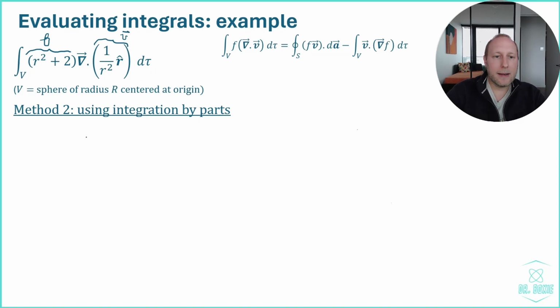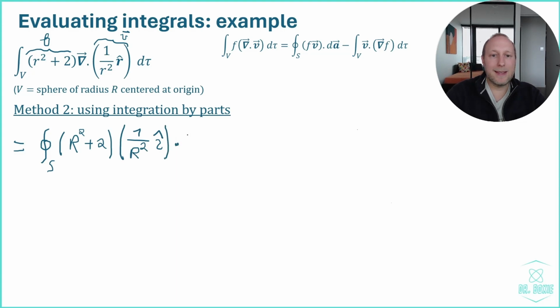And so if we apply this formula we found for integration by parts, we find here the surface integral over the surface of that sphere of radius R of f times v. Now f is r squared plus 2, but because we are on the surface, r can be replaced by the radius, which is capital R. So we get capital R squared plus 2 multiplied with the vector field v, which is 1 over r squared times r hat. And again, on the surface, it's 1 over capital R squared r hat,